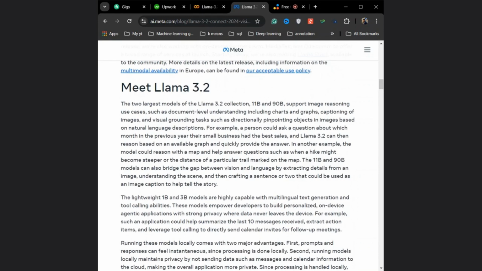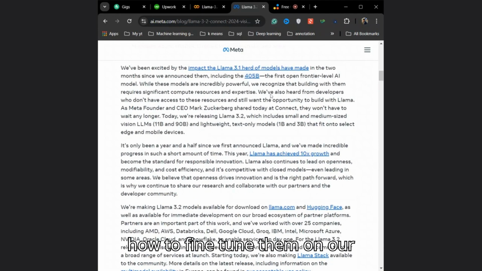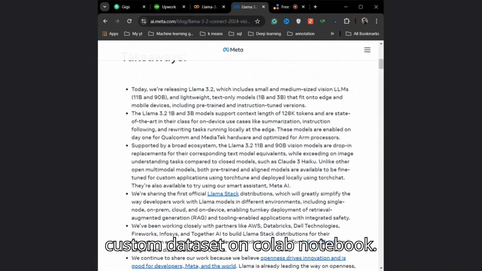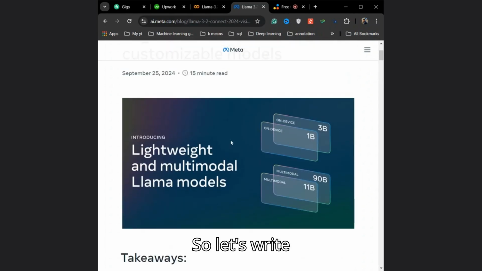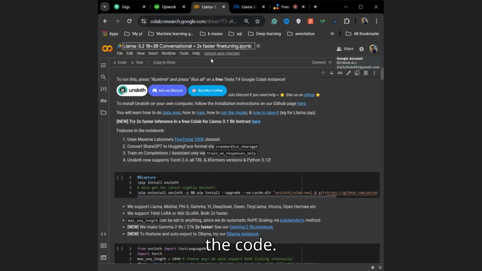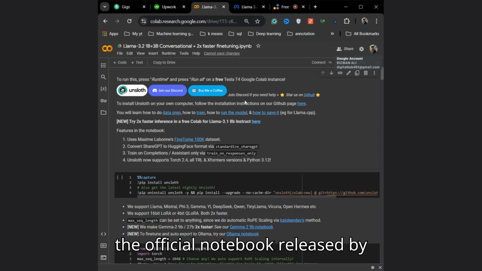So in this video, we are going to learn how to fine-tune them on our custom dataset on a Colab notebook. So let's write the code. We are using the official notebook released by Unsloth,